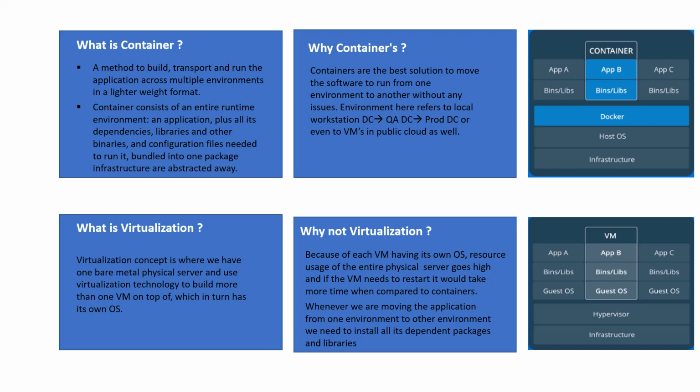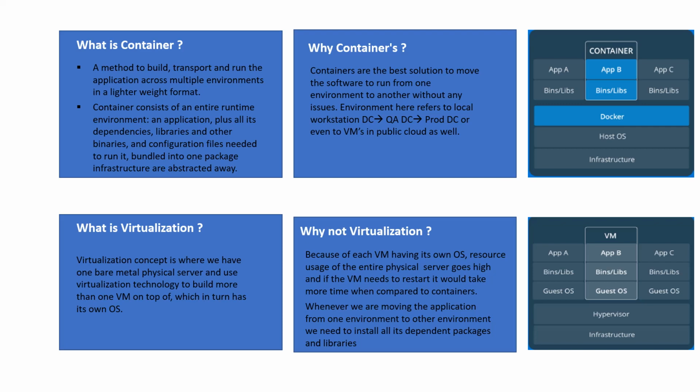Then comes the guest operating system. Assume my developer is planning to develop a Node.js application. For that, he needs a guest operating system, a Linux operating system, for example. And all the libraries and binaries required to run the Node.js application need to be installed to support it. On top of that, you can see I have highlighted application B, where the developers write their application code for the Node.js application. So now this is in my virtual machine.